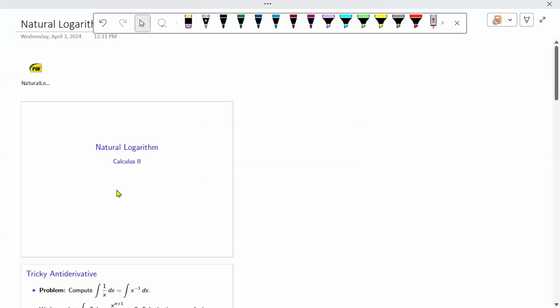So you've learned about a lot of different functions. You've learned about the trig functions, for instance, sine, cosine, tangent, cotangent, secant, cosecant. But there are more functions in the world than we have really covered.